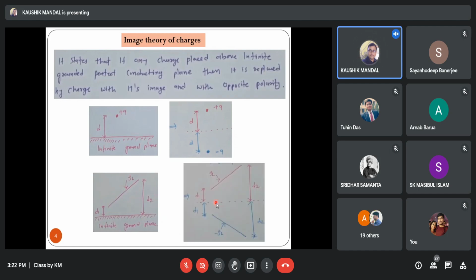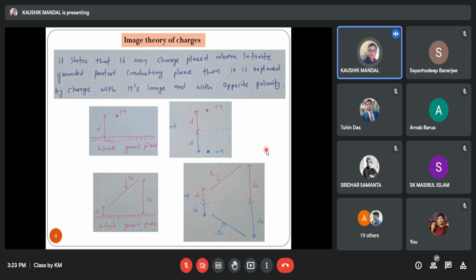In the same way, first we replace the ground plane by a reference line. Now if we put a mirror at this reference line, then this particular line will be the image of the previous line charge. One end of the line charge will be at a distance of d1 from the reference line, and the other end will be at a distance of d2 from the reference line. And what will be the line charge density? Its polarity will be opposite, that is minus rho L. In that way, you can replace the ground plane by applying the image theory.